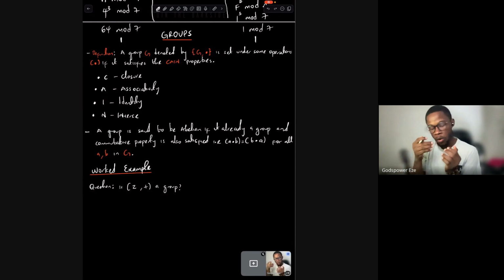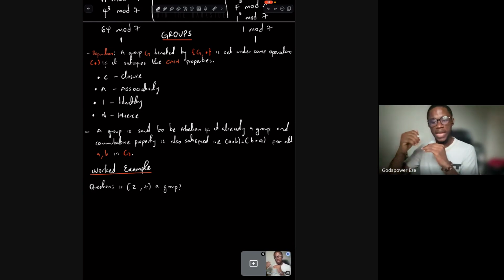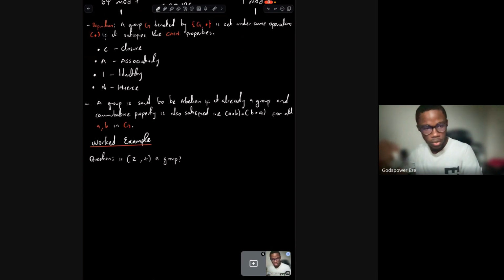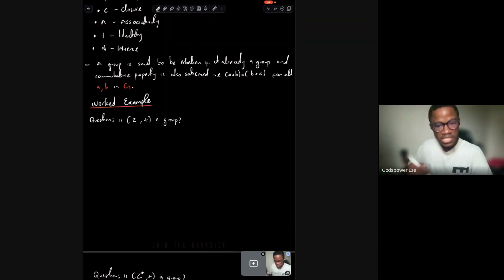So what I'm going to do is that I'm going to give you a set, and I'm going to apply these operations on them, right? To show that they actually hold, right? So let's check the set of integers. So the set of integers basically